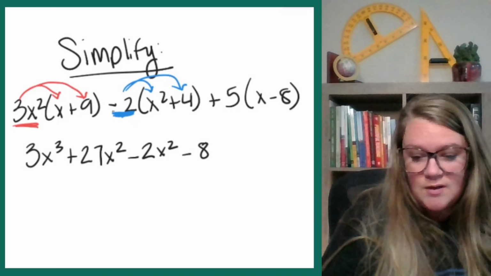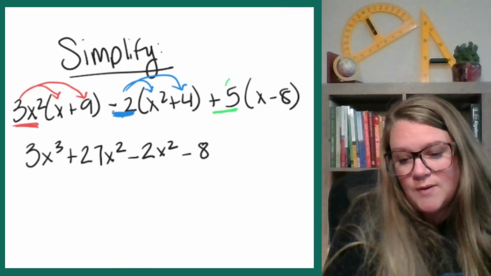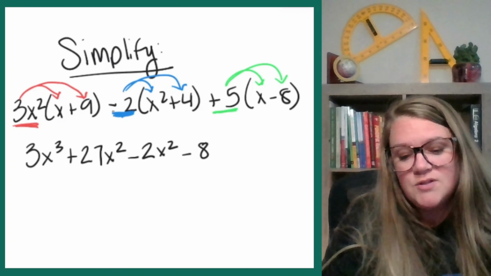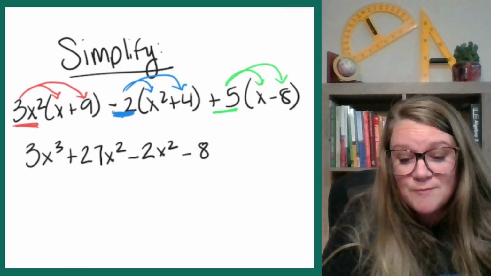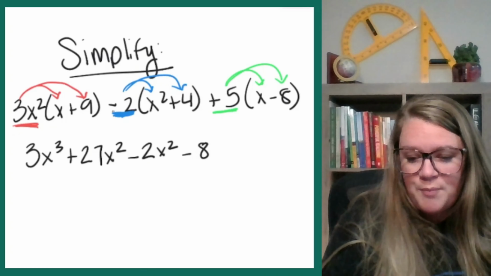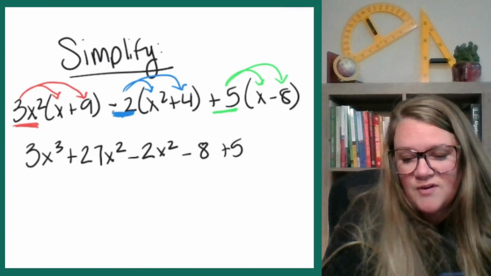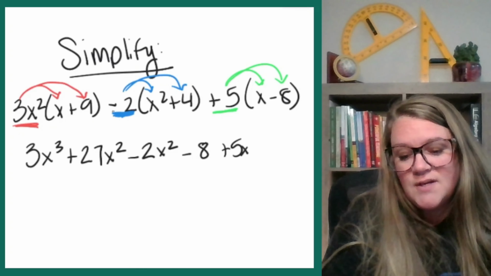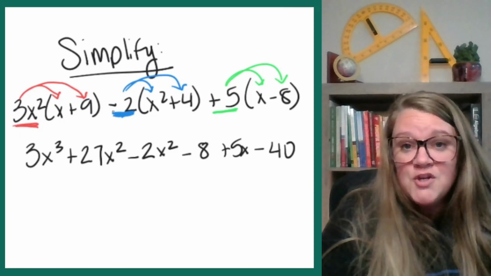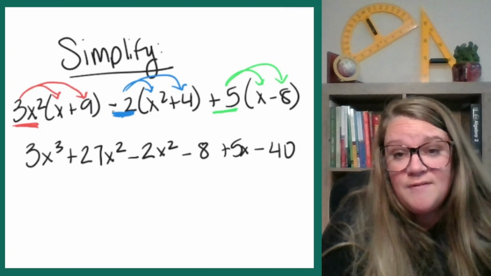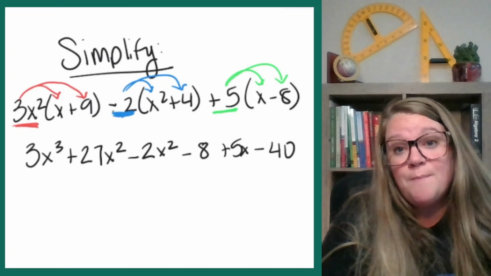We have our third one. Again, looking for any distributing that we have. We have a plus 5 that we're going to distribute into that last parentheses. So we're going to get a positive 5 times x is a plus 5x, and a positive 5 times negative 8 is a negative 40. So I've done any distributing that I have, and again, my last step now is to just combine any like